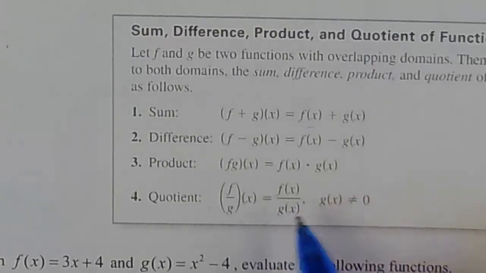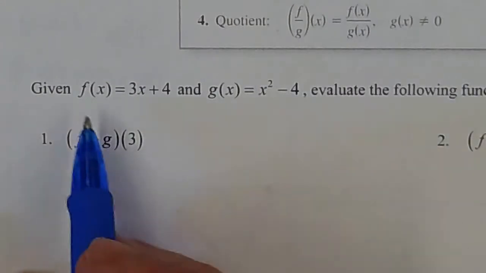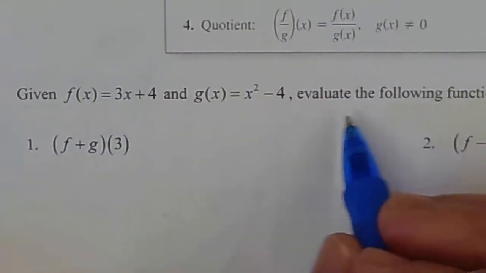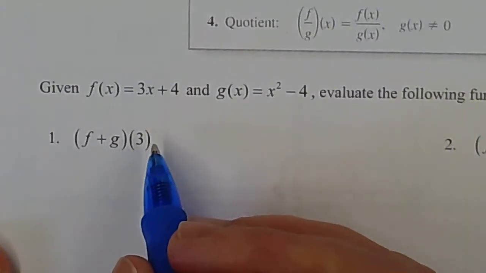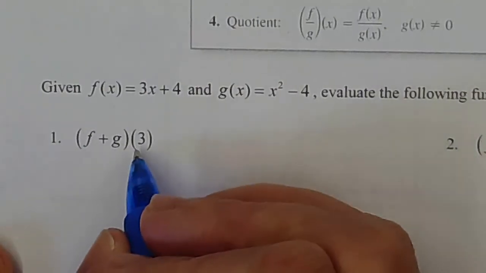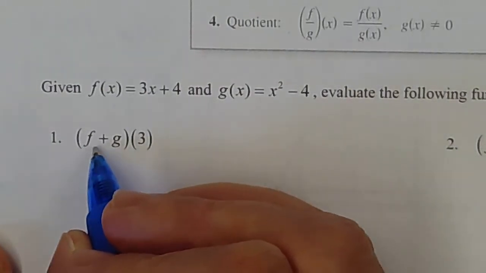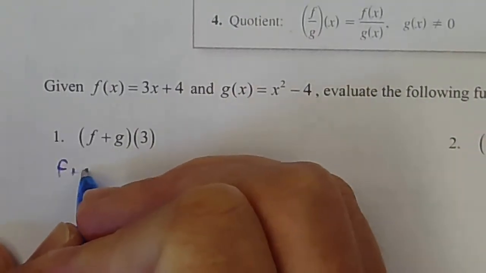All right, so let's take a look at the directions for this first set of problems. Given this f of x and g of x function rules, evaluate the following functions. So f plus g using 3. I highly recommend we just ignore the 3 for now. Let's go find the sum function of f plus g first. Okay, so just like this,